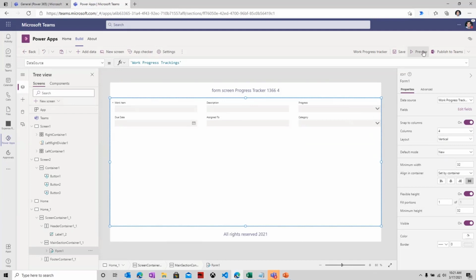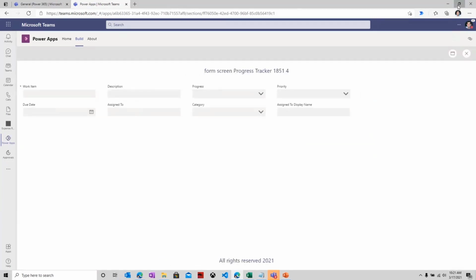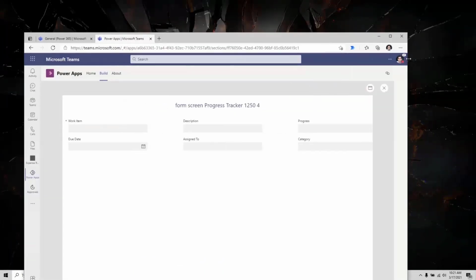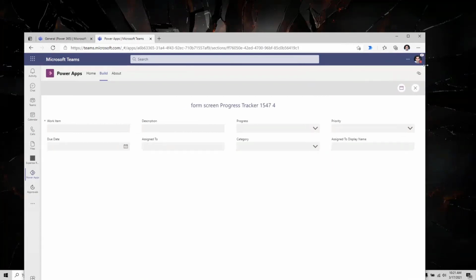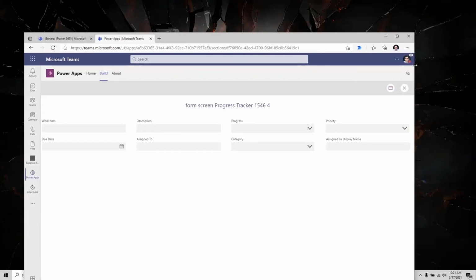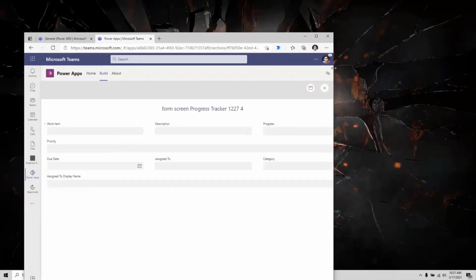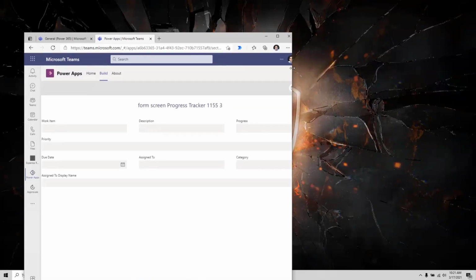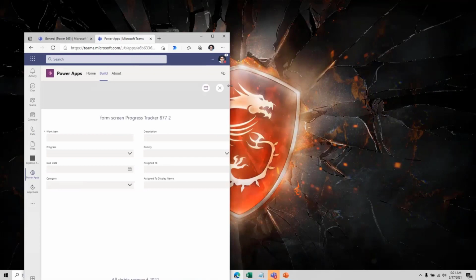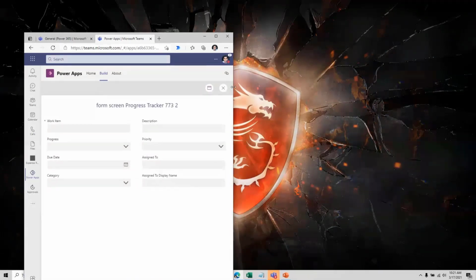Okay. Now, if I preview this, you will note that as I start modifying my screen size, the form control tries to position 4 columns right here accurately. And as the width shrinks and there is not enough real estate available, the form control automatically transforms itself to a 3-column format. By the way, there's a bug in the 3-column format. The second column always shows up as 1 for some reason. And if I shrink this further and it goes to the 2-column format, you'll see that it will sit accordingly.